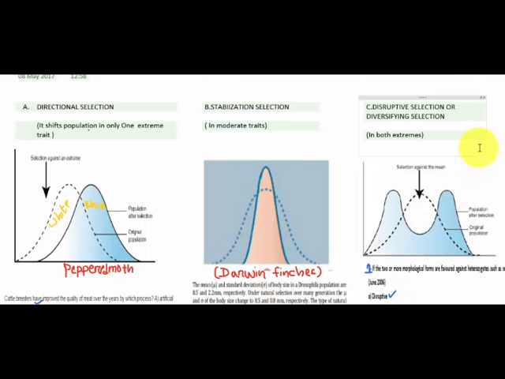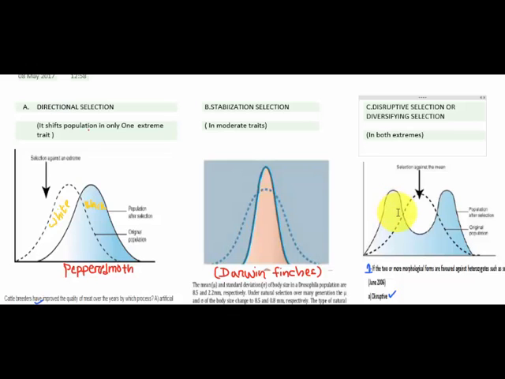Next one is disruptive selection or diversifying selection. In diversifying or disruptive selection, the average or intermediate phenotype is often less fit than either of the two extreme phenotypes. And in case of disruptive selection, the genetic variance increases